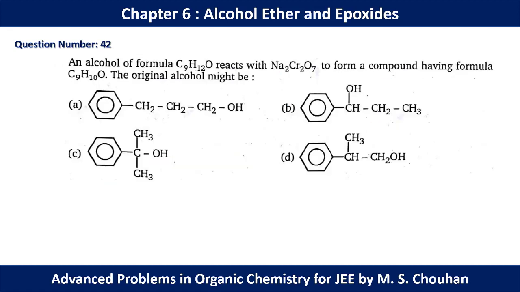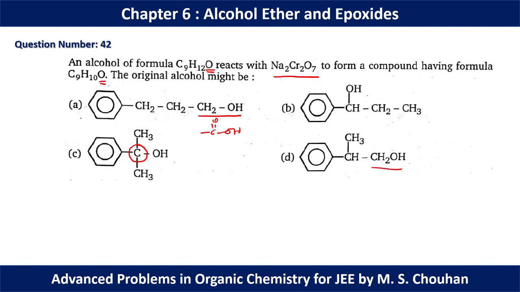In question number 42, we have used Na2Cr2O7, which is an oxidizing agent, and after the oxidation we can see that there is only one oxygen in the reagent and one oxygen in the product. Now if we closely look, option C cannot be oxidized as there is no hydrogen present on that carbon. If we start with a 1 degree alcohol, it will be oxidized to carboxylic acid. So there is an increase in oxidation, an increase in the number of oxygens. Initially we have one oxygen, finally we have two oxygens, but here there is no change in oxygen number. So it can't be a 1 degree alcohol.